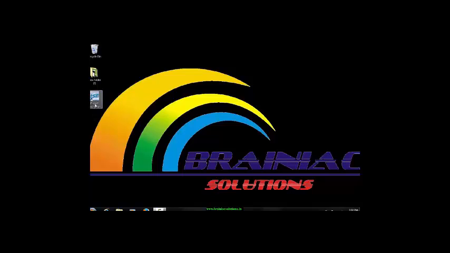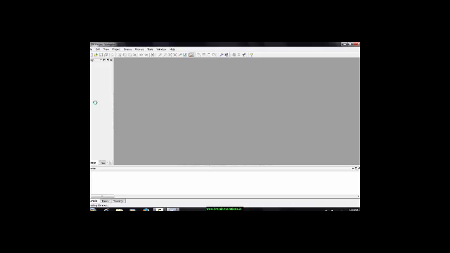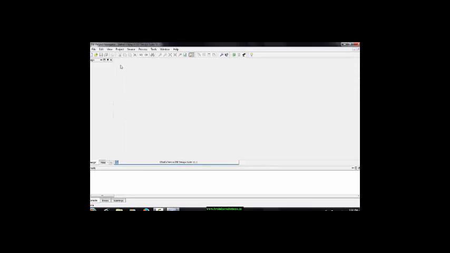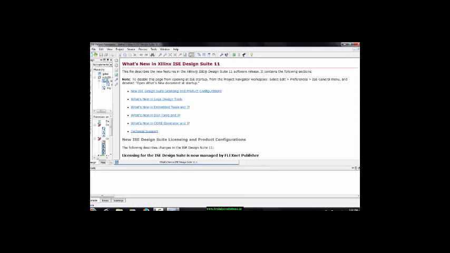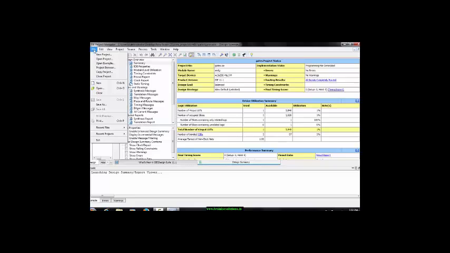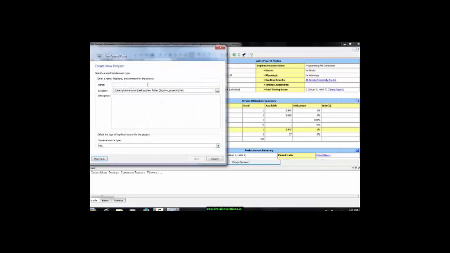So let's get started. First of all, double click the Project Navigator. So it's opening the previous project. We're going to make a new project from scratch. First of all, click File, then New Project. We have to give the name of our project. Let it be Gate,